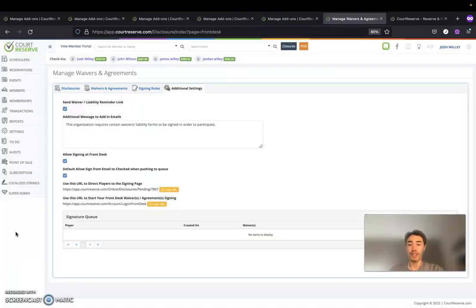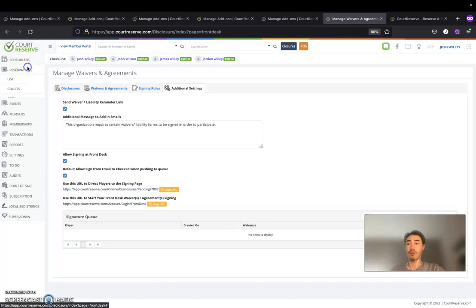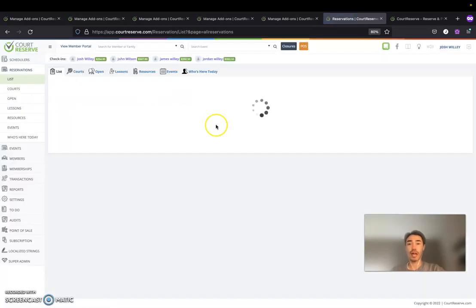Next, we will go over the signature queue, how to add members to that signature queue, and what this is used for. If you have a member in the signature queue, they will show up when you are using this front desk URL for signing waivers. There are a few ways you can find if a member has signed their waiver, and if not, add them to this queue. If you are booking a reservation on the admin side,